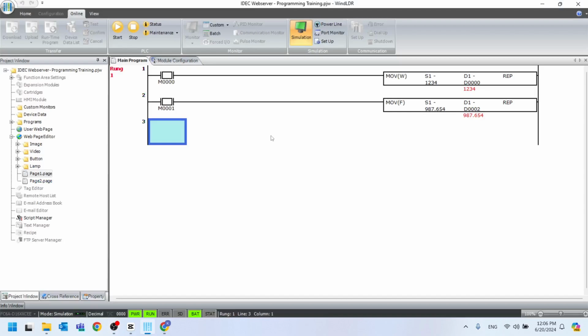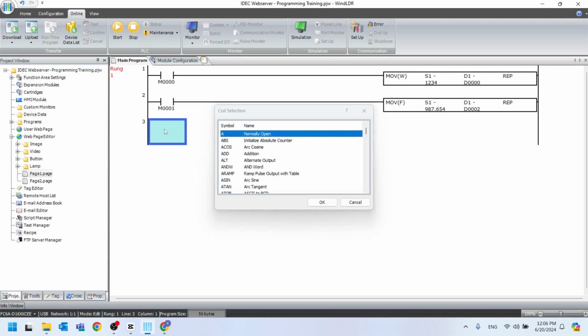3.3 Methods for displaying strings on a web page. Please stop the simulation. Next, write a program to move the string value to D10.